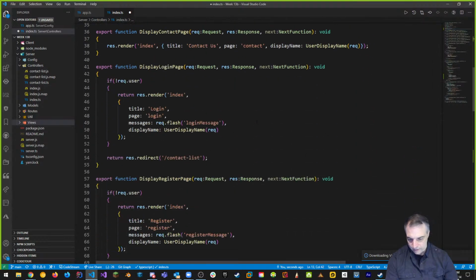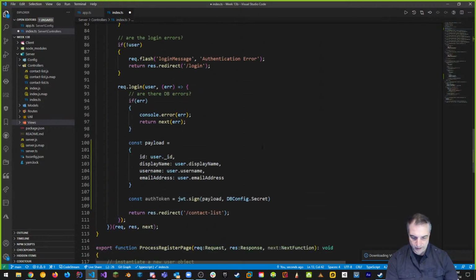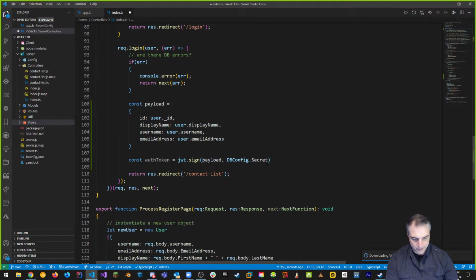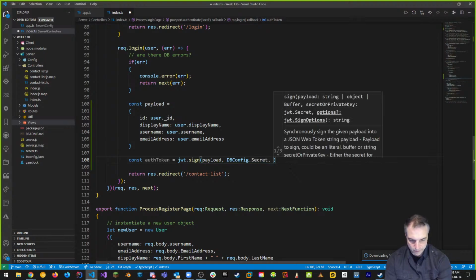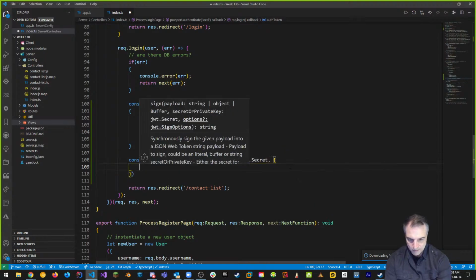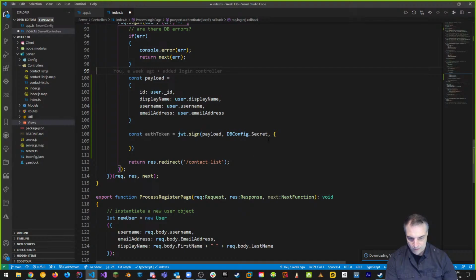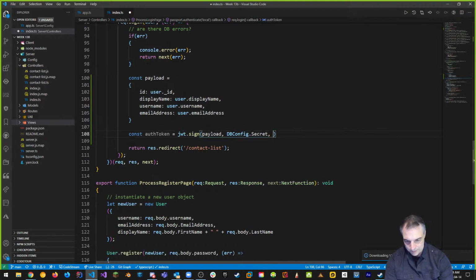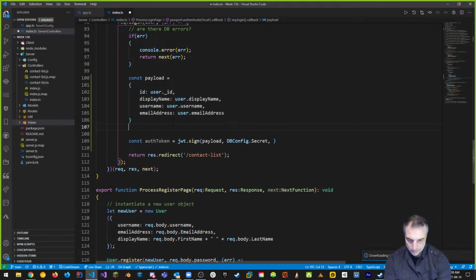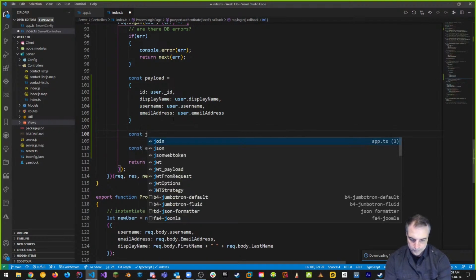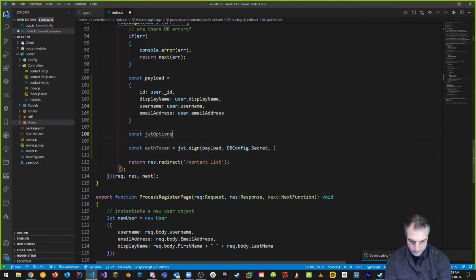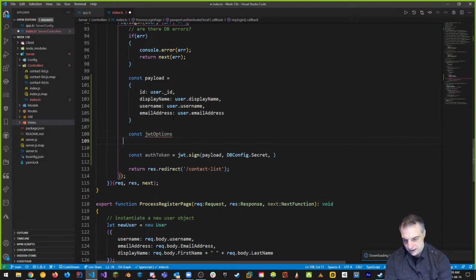All right, so very cool. We've done that now, and if we go back, that is the first part. So we've got our payload, we sign it with our secret, and then we want to configure it. The configuration piece is right here, and these are the options we're looking at right now. I could create a separate options object to put in here, just like I've got our separate payload. What that would look like is JwtOptions. Let's just do that now. So we'll say const JwtOptions, and this is local, and that's equal to